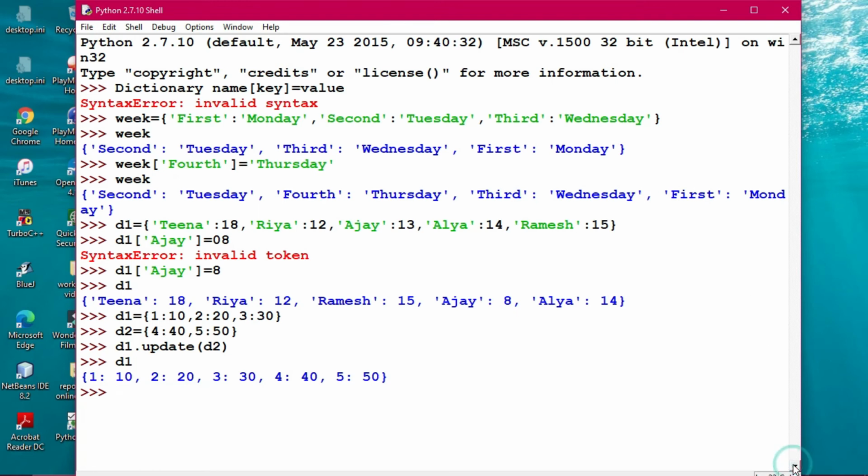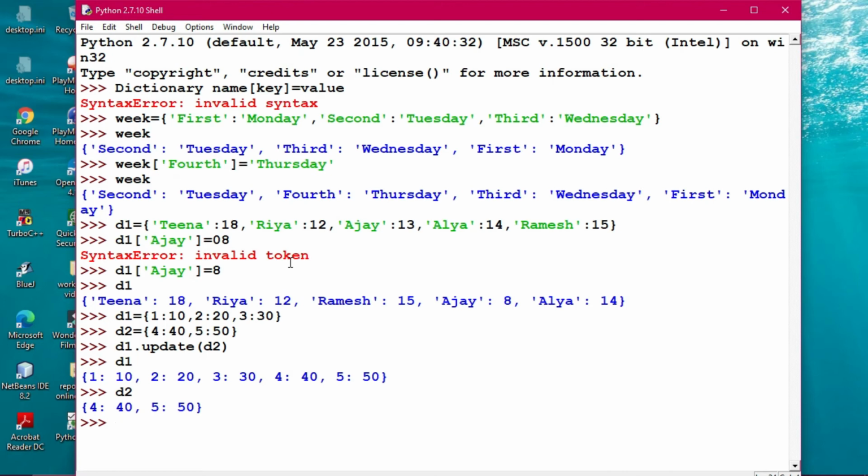All the practical documentation is there, so you can understand it very nicely. Now if you just press D2, you will see D2 remains as it is. When I gave the update command, it was added into D1. That's the way to do the practicals whenever you are viewing this video. You can pause it and see what exactly is happening, and listen to the explanation, so you will be able to understand what is going on in Python. This is the way I have shown it to you today.